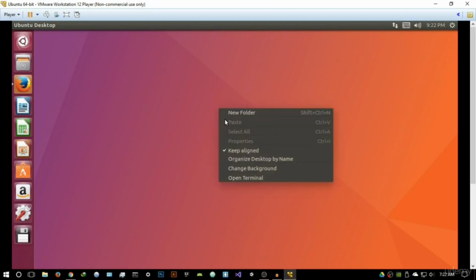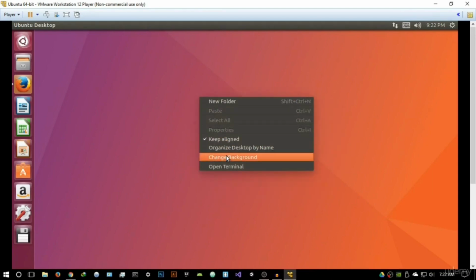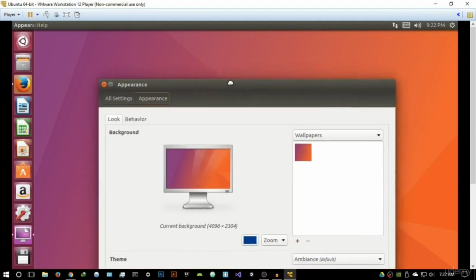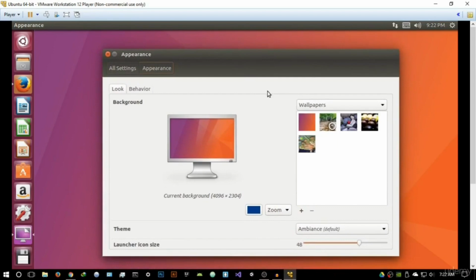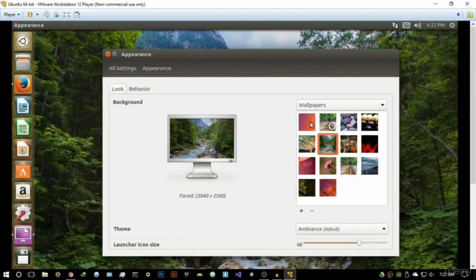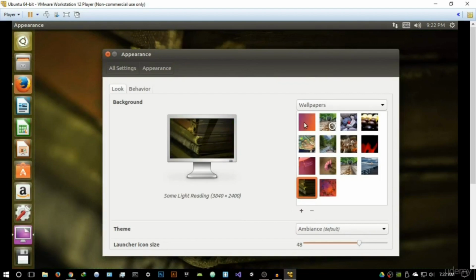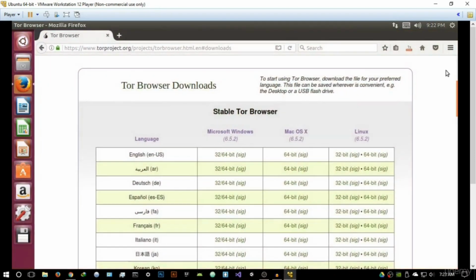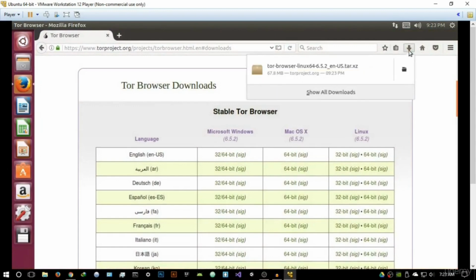If you want to customize your wallpaper, you can just right click and go to change background. Again, this is for beginners at Linux and those of you who are not very confident using it. There are some very good wallpapers you can select from here. You have this forest one right here. Again, you can download your own wallpapers and change them according to what you want, but